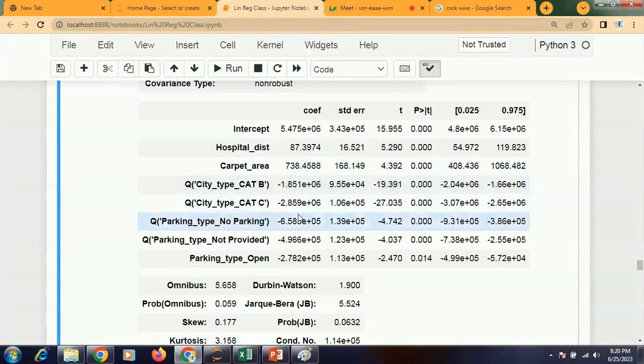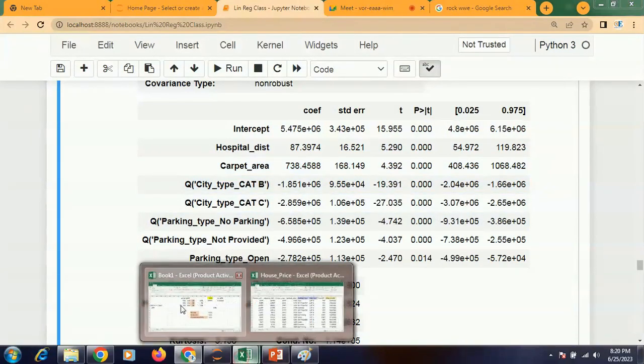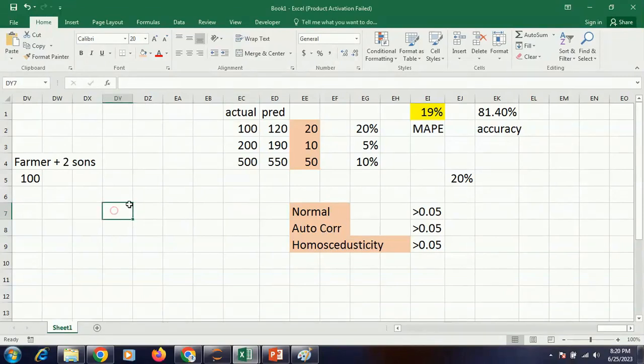If I tell you that you stay just beside a hospital, will you pay a higher price, or if you stay far away from a hospital, do you pay a higher price?